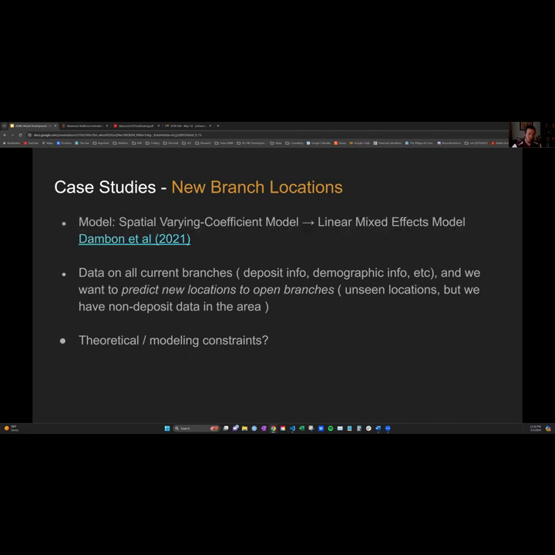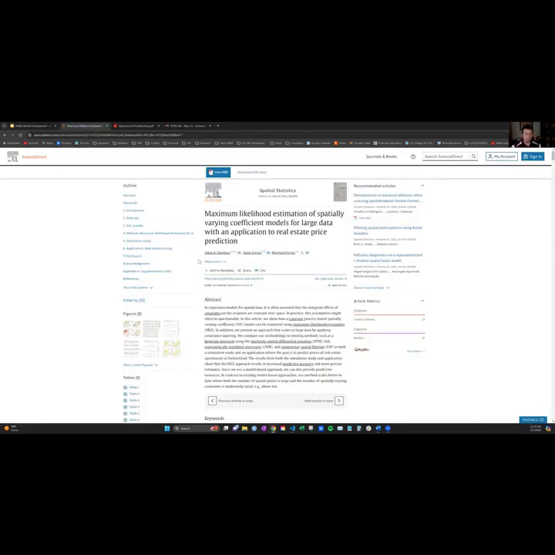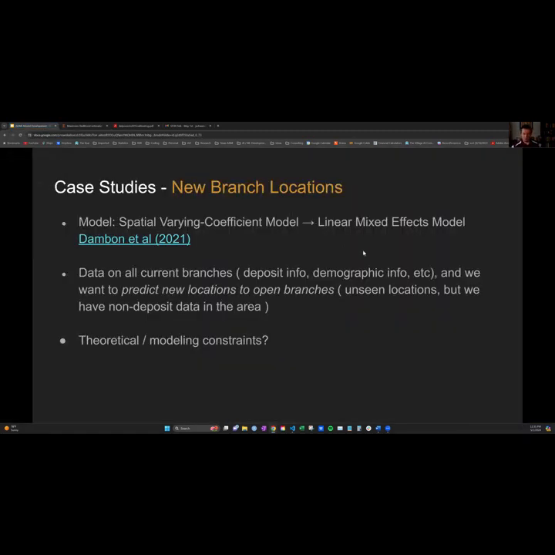So what we did was we initially started with a spatial varying coefficient model, and I'm going to switch to this paper here, because I know this is recorded. So if anyone wants to go back and reference what the paper is, here it is. Dan Bond et al. 2021. The whole idea here was, a linear framework, or a GLM framework, wouldn't apply because the coefficients are going to be fixed, right? But we know there are spatial dependencies: near things are more similar to things that are farther away.